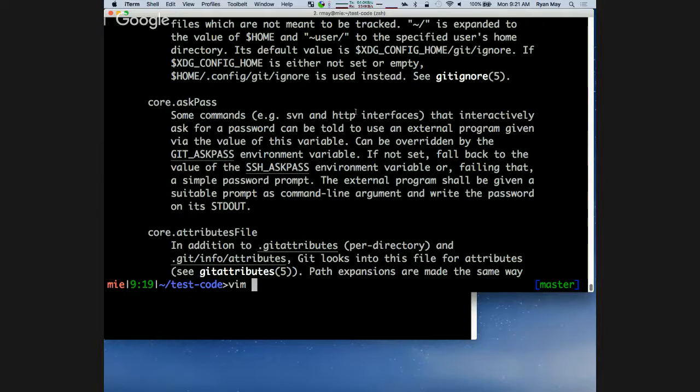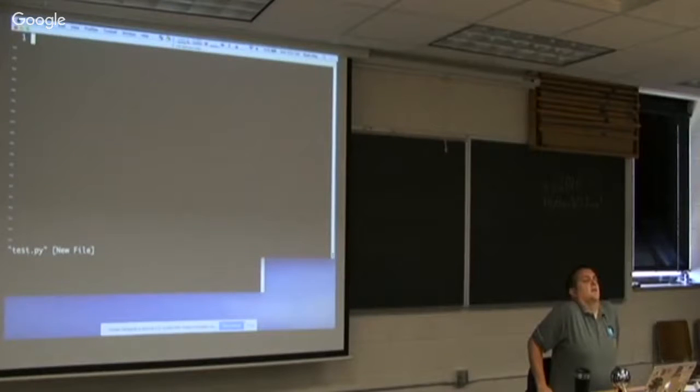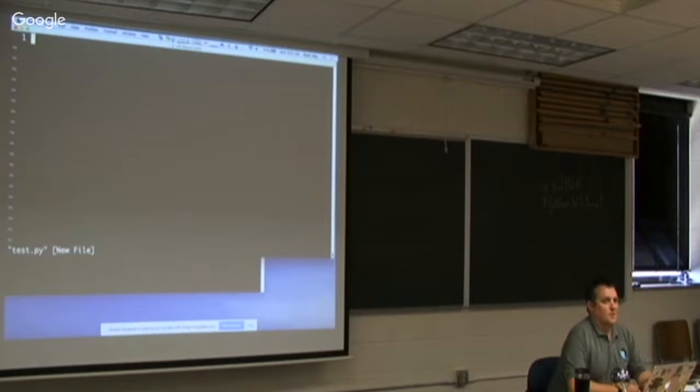So I'm just going to use Vim. I'm going to open up, we'll call it test.py. Out of curiosity, as I get this going, how many of you have never done any Python before whatsoever? All right. So we'll take this slow. It's not my intention to actually do an exhaustive coverage of Python's syntax itself. More, we're going to cover the libraries and stuff, but we don't want to leave you behind. So if I do something that confuses you, please stop me.